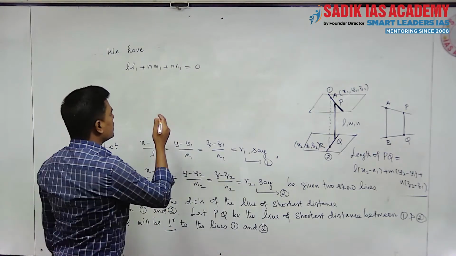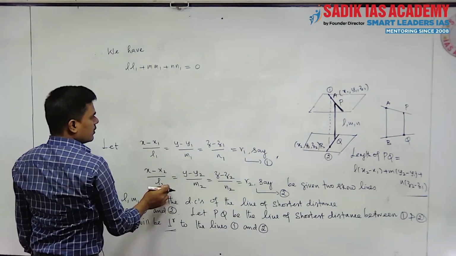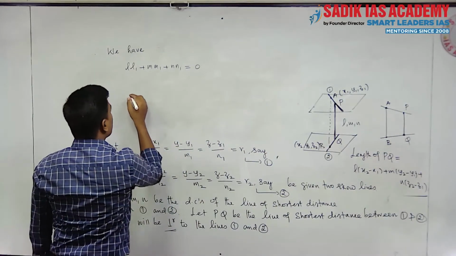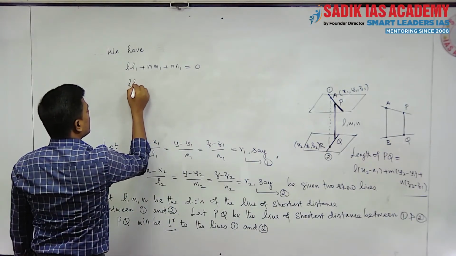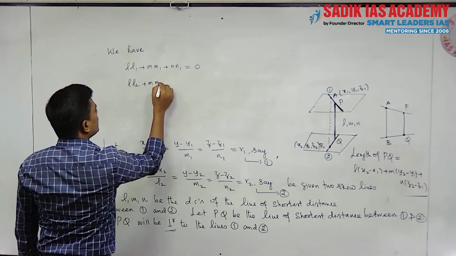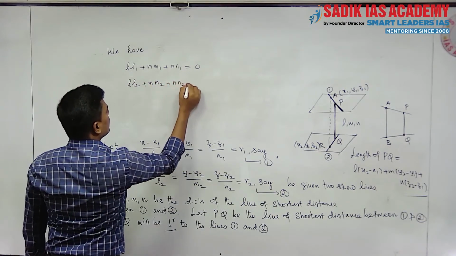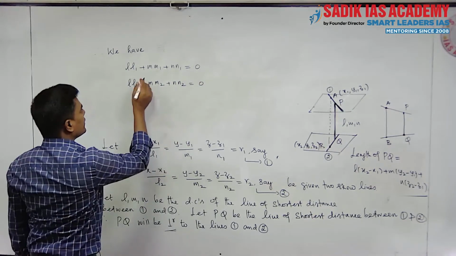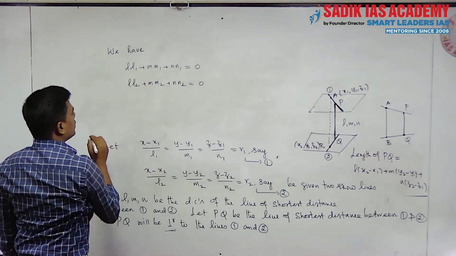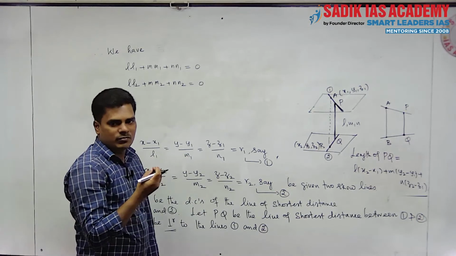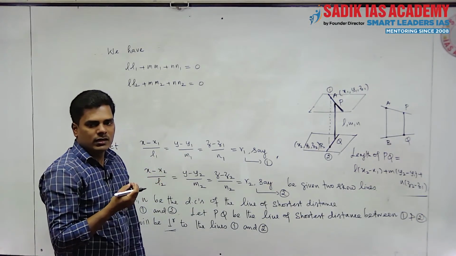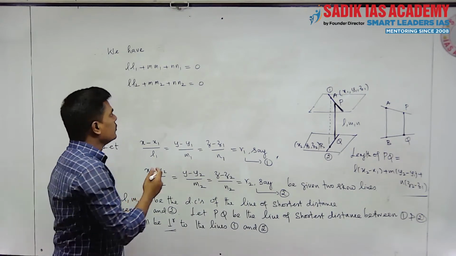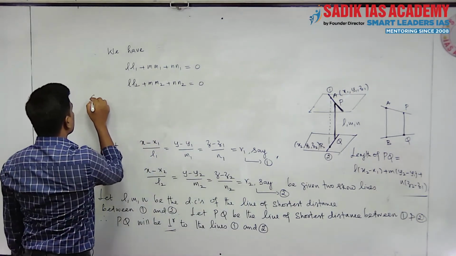Then another one: for the second line also, this line is perpendicular, so we have another condition, L L2 plus M M2 plus N N2 equal to 0, right? So by solving the above two equations, we get the proportional values for L, M, N, or we can exactly also find L, M, N. Yes or no? So, by solving